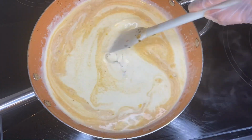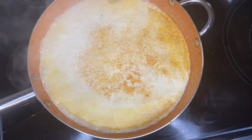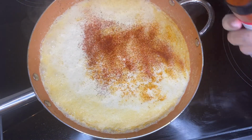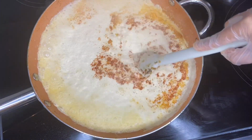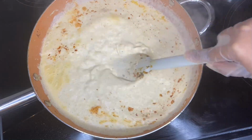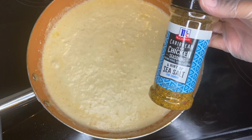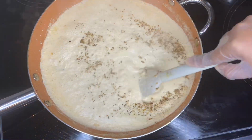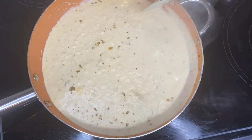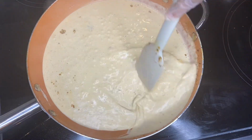All right, so when it comes to a low simmer, I'm going to go ahead and add the same seasonings that I seasoned my salmon with. It is optional, however, that's what I'm doing. I added some Tony's, some of my paprika, and just mix it together. I'm also going to add a little bit more of my Caribbean jerk seasoning and continue to mix it together. Now, I would say I'm just mixing it and allowing it to cook for about 10 minutes or so before